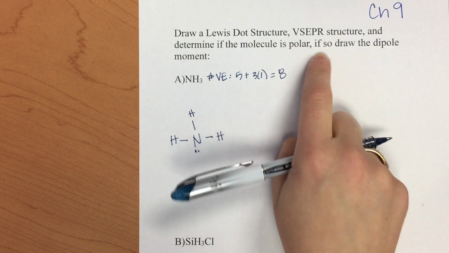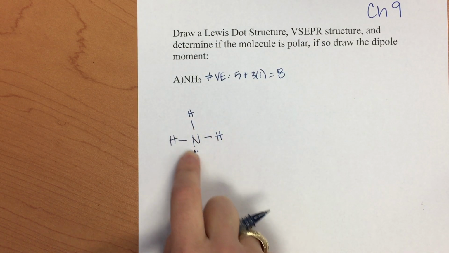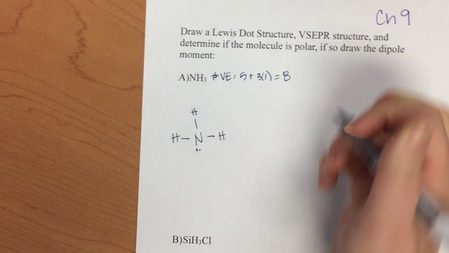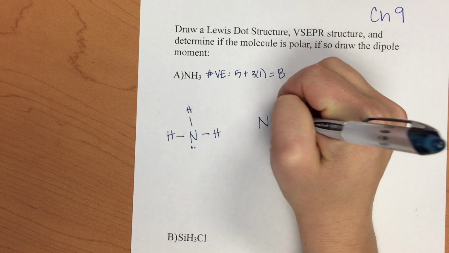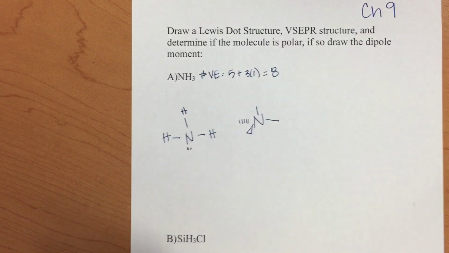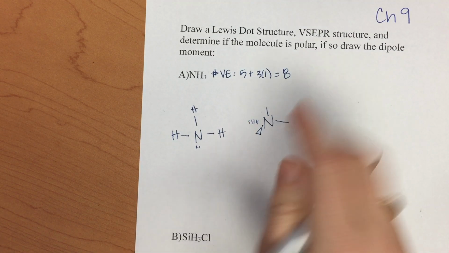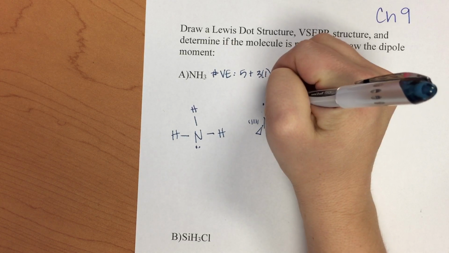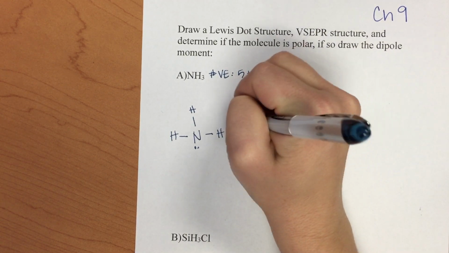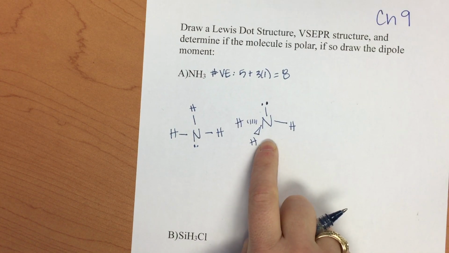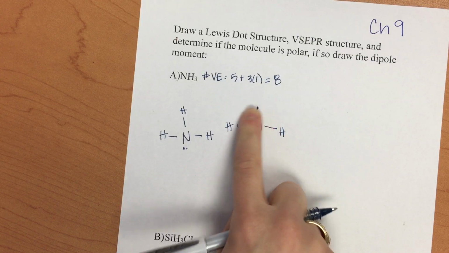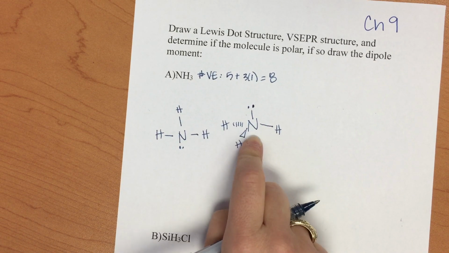So our VSEPR structure takes into account the arrangement of these in 3D space. So as we have a steric number of 4, we can have a nitrogen where we have this arrangement. My preference is always I put the lone pair up top, and then we have the 3 hydrogen atoms. So from here, we can see that this molecule is slightly lopsided, and so the question asks, is it